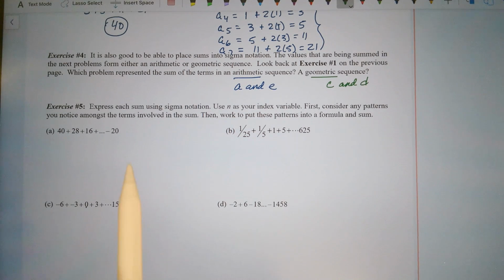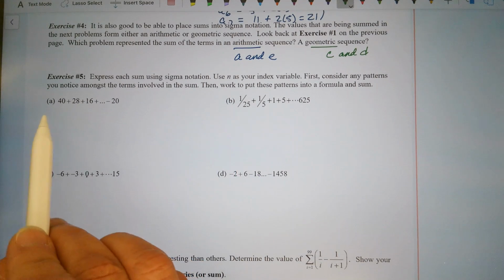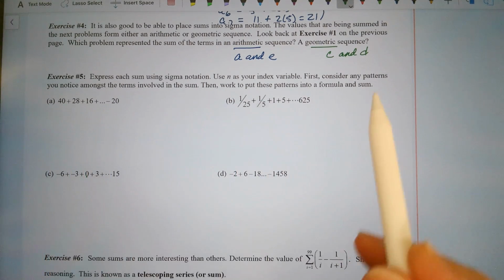So now we want to express each sum, which is also known as a series, using sigma notation. Use n as our index variable. First, consider any patterns amongst the terms involved in the sum, then work to put these patterns into a formula. Okay, so in other words, if we look at these terms here,